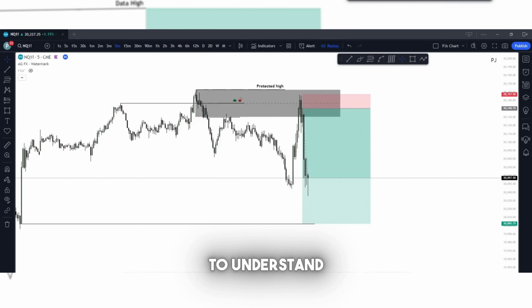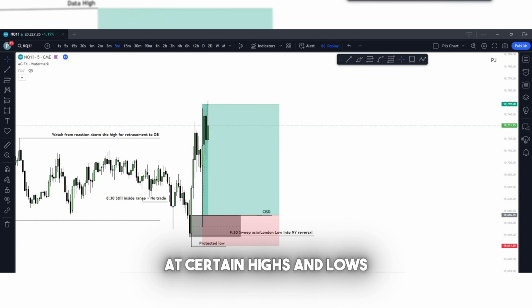If you've been struggling to understand why the market reacts at certain highs and lows the way it does, this